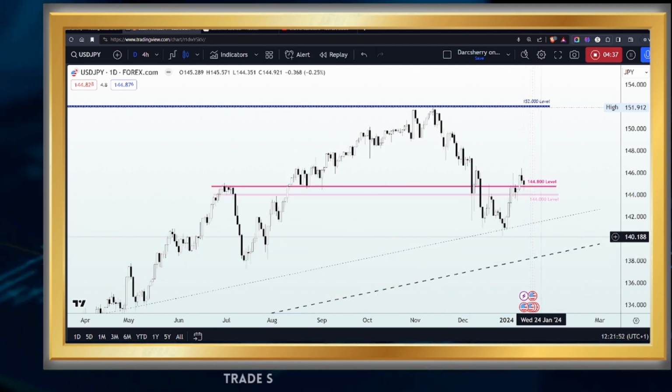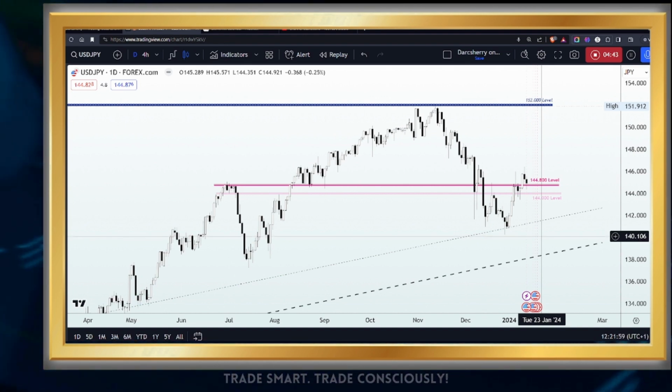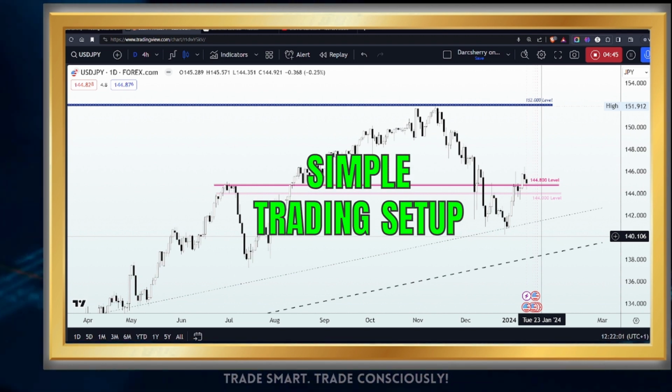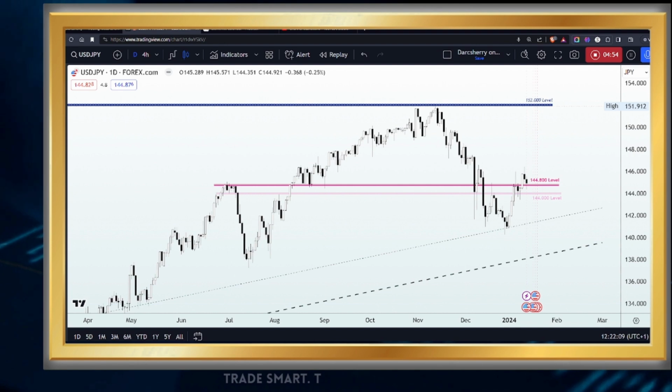But as it is right now, and with our key level marked out, and with the fact that price remains above the ascending trend line, I have a beautiful setup on the 4 hours time frame, which we will be using to guide our trading decisions for this week. But before we go into the details on the 4 hours time frame, it is important that we keep